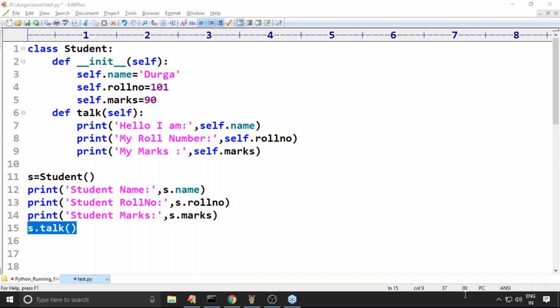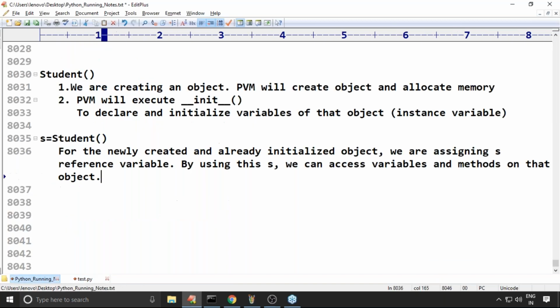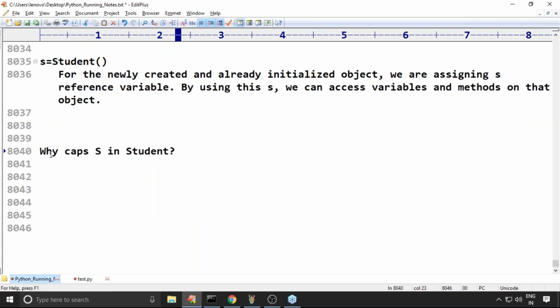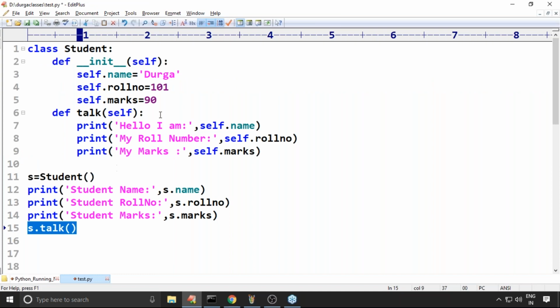Nabendu Paul is asking one small question. Sometimes I even try to control myself. Why caps Y in Student? I told you very clearly in the last video. In object oriented programming, class names start with uppercase.